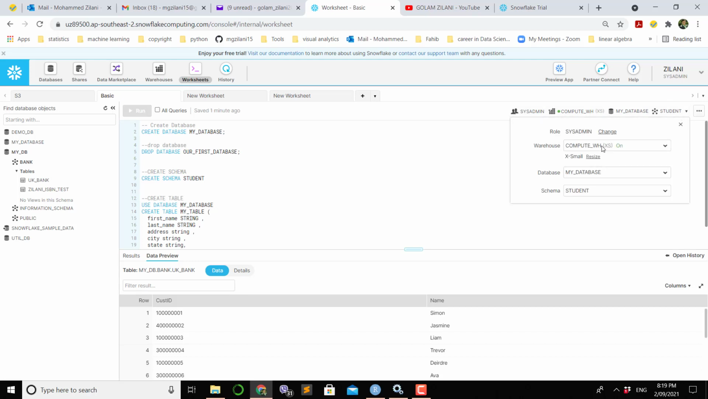Which database, which warehouse you want to use, what the role is, you can change from here, and which size of warehouse you're going to use, you can change from here. You can change the database from the database tab, and you can change the schema from the schema tab. Say we want to create a new database